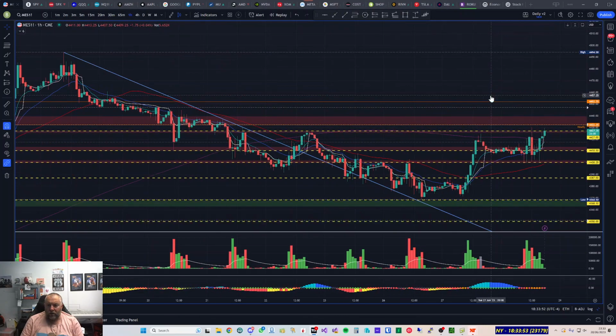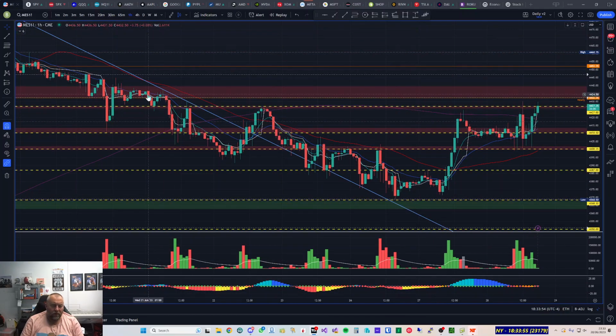I was aware of this big zone up here, which is this area of supply, and we had this area of supply here as well. As you can see, the bottoms of these candles converged with the tops of those candles, and we tried to get to that point in yesterday's post market, or yesterday's high, and then it came back today and hit that level, and that's where I took my short.